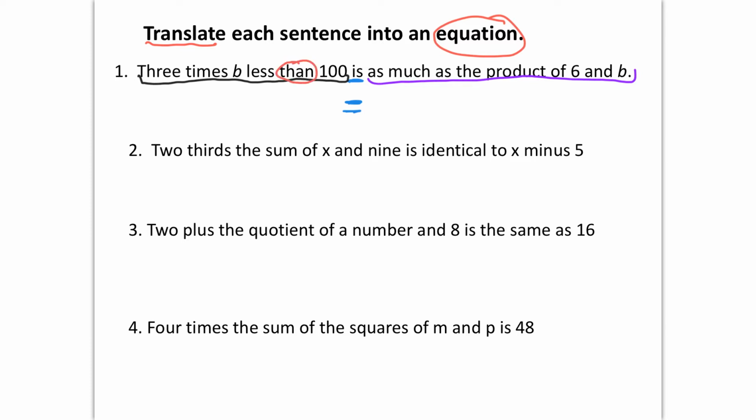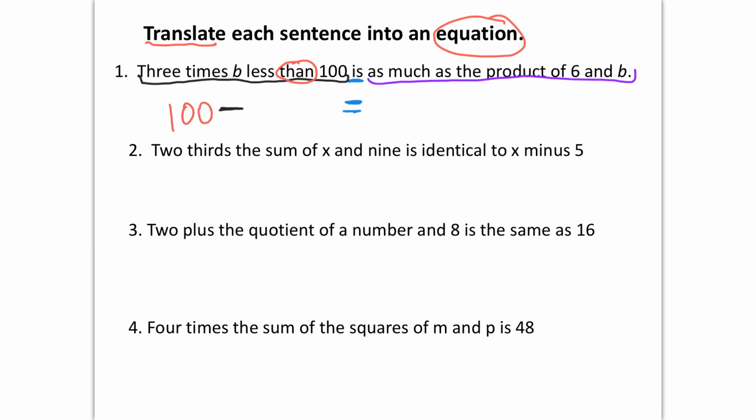Remember that when you guys translate a sentence into an algebraic expression, the word then is going to switch the order. So we do have minus, let me start with the minus here. Let me just read it again: 3 times b less than 100. That means I'm going to have to switch 3 times b to the right side of the minus and the 100 to the left side, because I'm going to switch the order. So I'm going to have 100